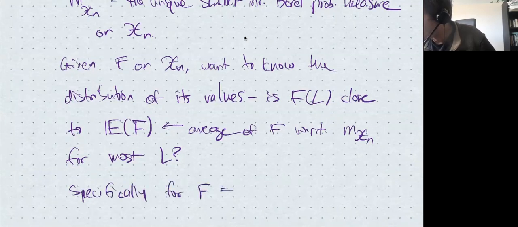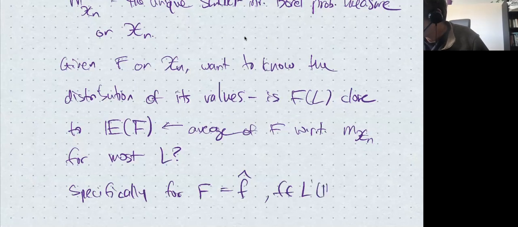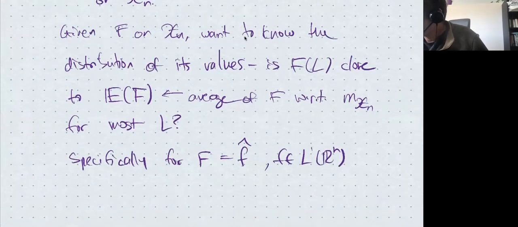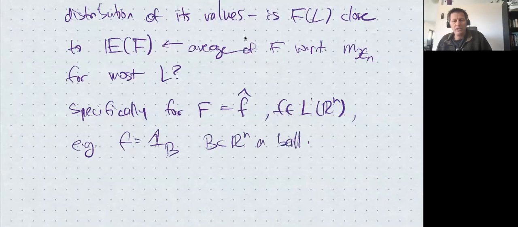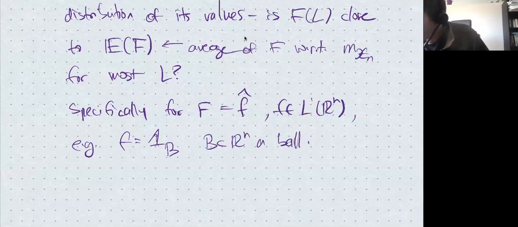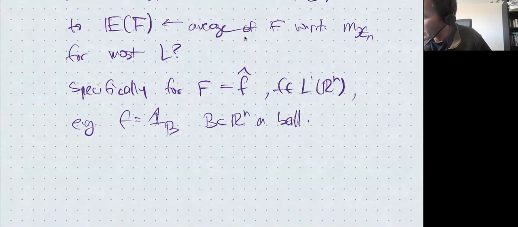Specifically we want to know this for f̂, which is a Siegel transform of a function f on R^n. For example, f could be the indicator of a ball. This is the type of function that we were analyzing, computing the average of this type of function, in order to understand the shortest lattice vector problem. Let me remind you what the formula means and the formula that we have for the average.